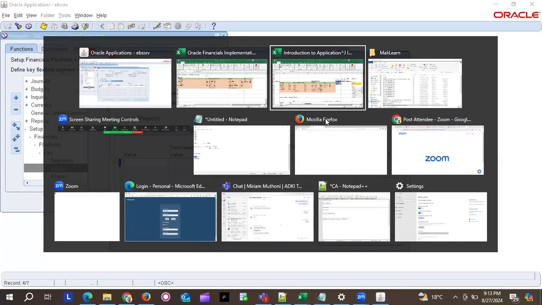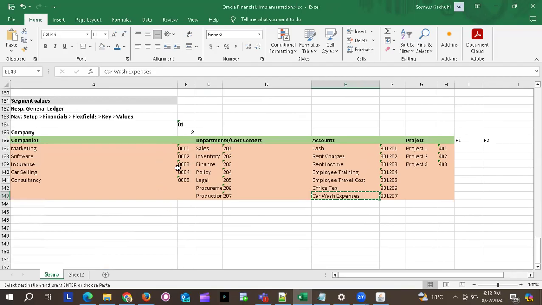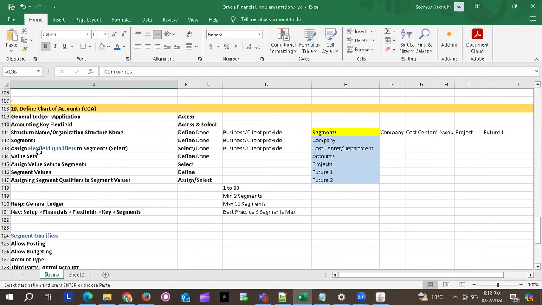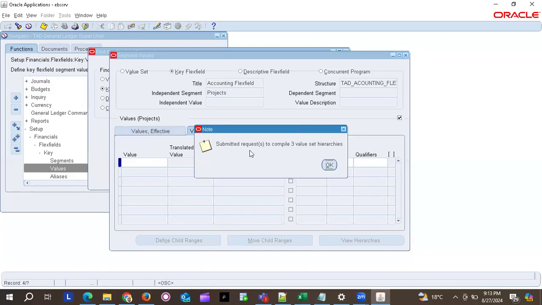Anything else? So that's how we define the company, the segment and segment values. So this one is done. Segment values also is done. Assigning segment qualifiers to segment values, also this one is done. So in short, we have our chart of accounts. And now the moment we close this window, the system submits this chart of accounts for compilation. So there is the backend system that will go and compile it and make it complete. So you say okay,